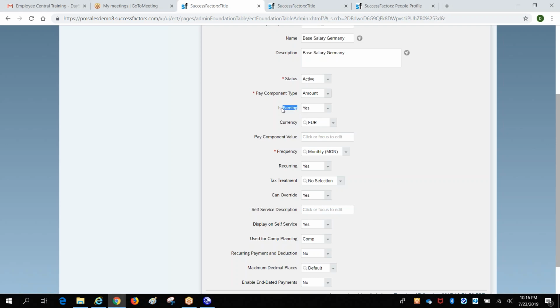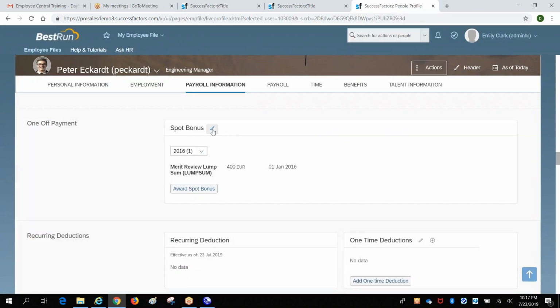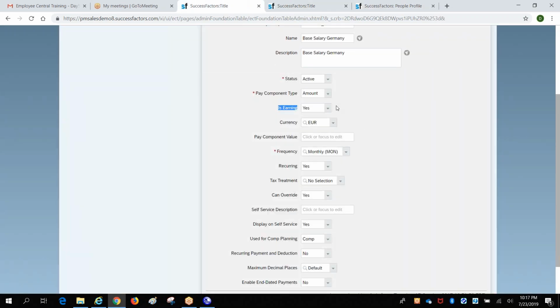So, is earning, if it is yes, it can come under the compensation portlet or one-time payment. So, what is one-time payment? Spot bonus. Earning will come under either of these, the compensation portlet or the spot bonus portlet. If it is no,